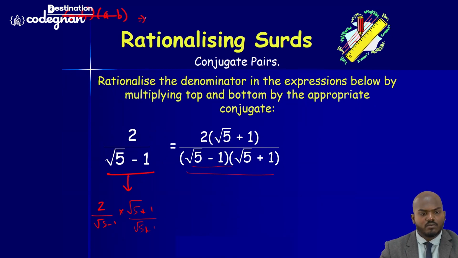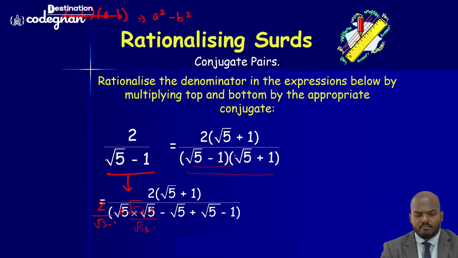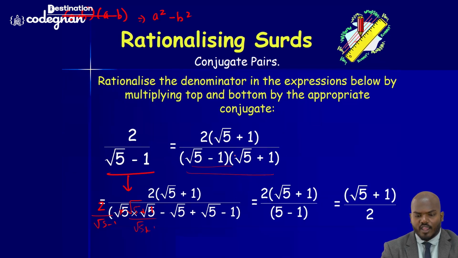So then you can easily make a square minus b square. If you make it like this, guys, it will give you the value that is 5 minus 1, which will become 4. And then the remaining value, 4, we have in here. So that is 4 and 2. The 2 times 2 gives the value 4. So finally this value will become like this. So this is the answer of this one.